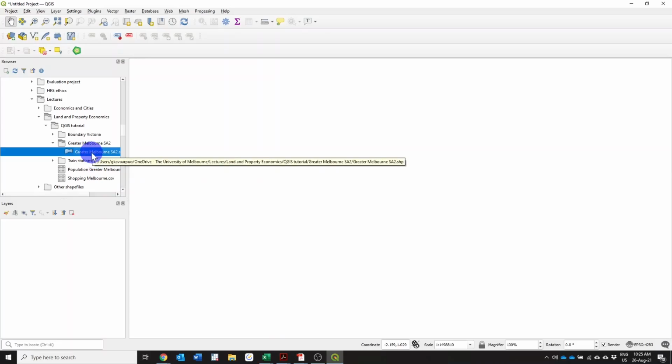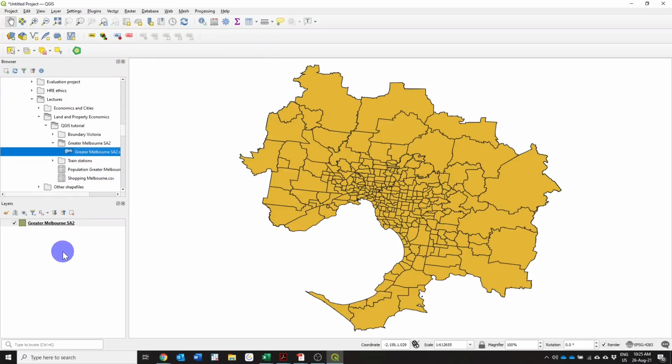So to bring in our data is simply to click and drag into the layers panel. And here we have our map of Greater Melbourne, and every location here represents a statistical area 2. And this is the basis for aggregating population census data. The population census data is aggregated on different levels, and statistical area 2 is one of them, with the smallest being the statistical area 1. So with this,